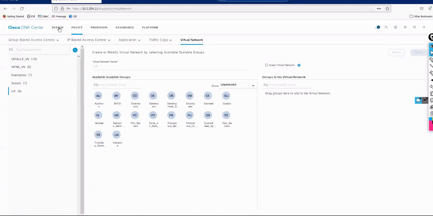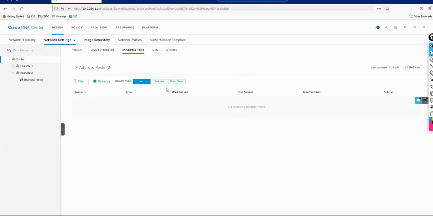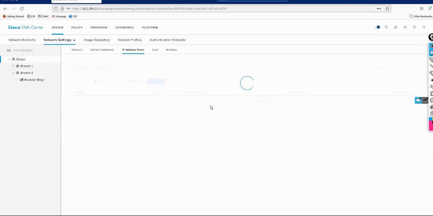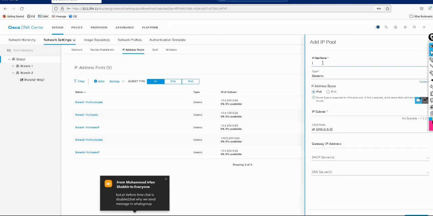I'll go on the DNA center, go under design. Now this is the global level and these are the branch levels. I'll go under network settings, IP address pool. First, I'll go at the global level. Now, at the global level, you will see all these pools are pre-configured. I need to add branch 1 for IoT. So I'll say add